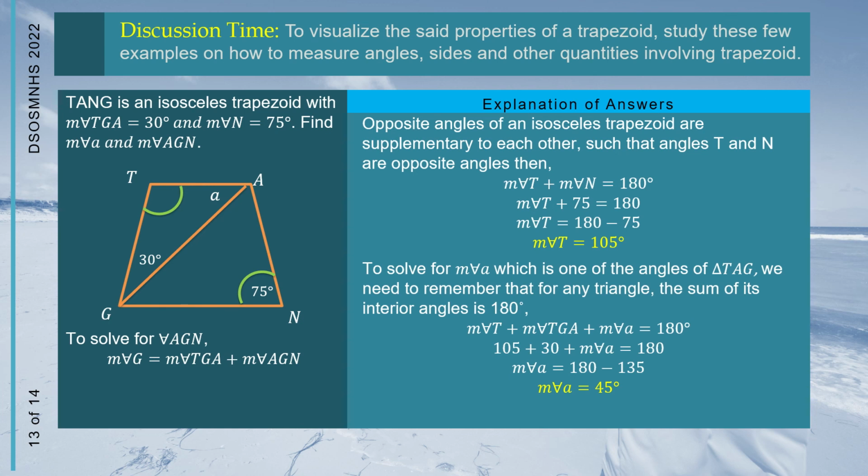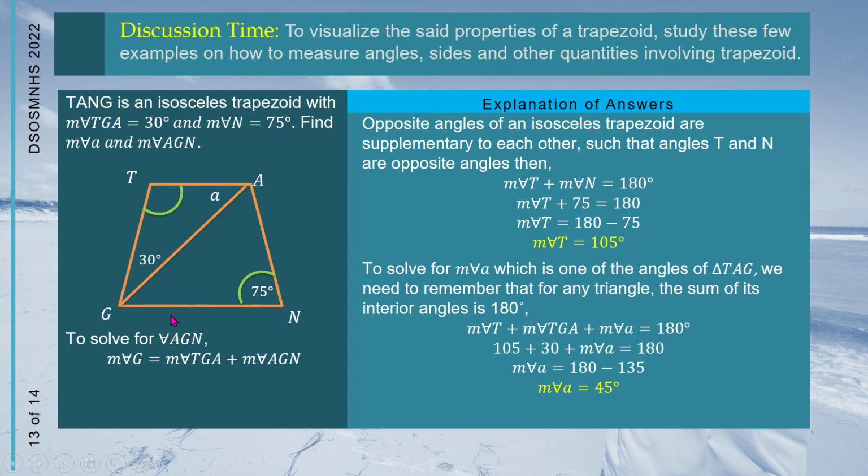So ang tibuok angle G, is 75. Yan na may 30. Kung tinabanon niyo siya, ang 75 huwag 30, 45. So therefore, ang angle AGN is 45. Yan sana siya. Measure of angle G is equal to measure of angle TGA, which is 30 degrees, plus measure of angle AGN,